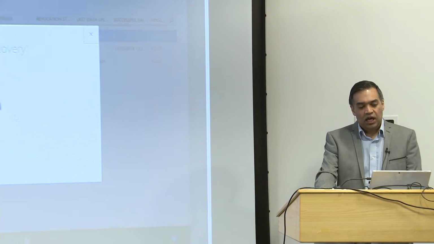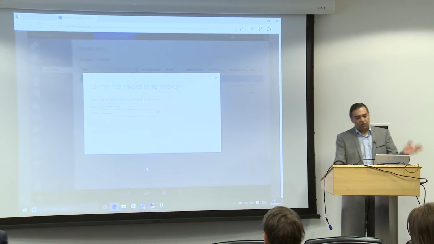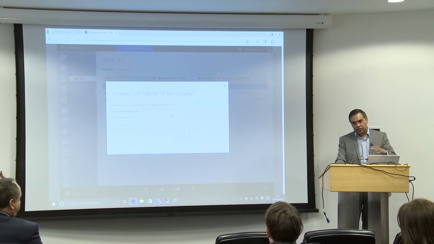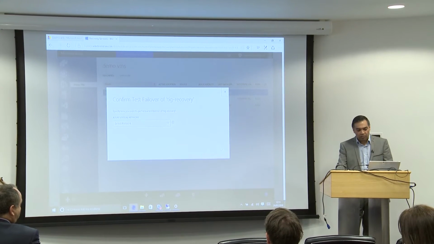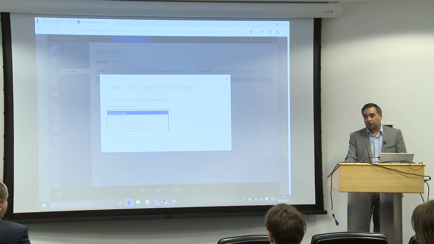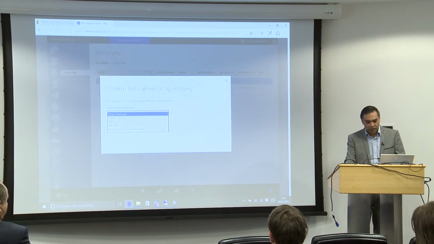Once the machine's replicated across, you get information about the last update time, and you've got a couple of options at the bottom. You've got the option to do a test failover, which is what we were discussing earlier. This will tick the boxes on any DR plans you want. You can test failover a whole protection group, which includes all the DR plans and runbooks, or you can just bring it up in a selected, isolated network to make sure it powers up and all the applications run correctly.